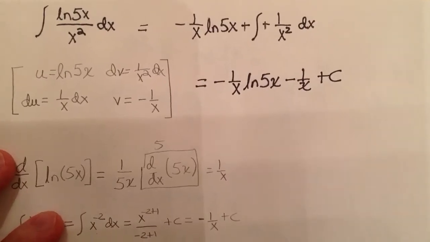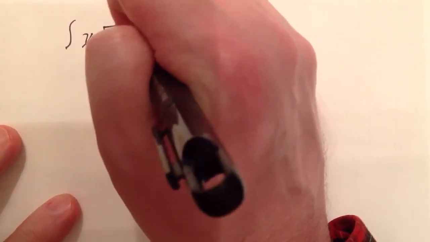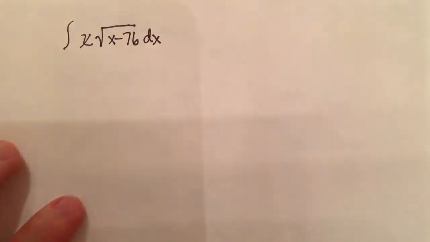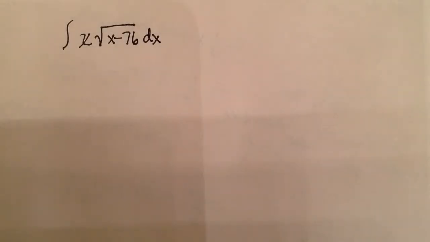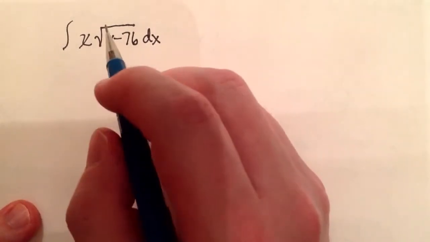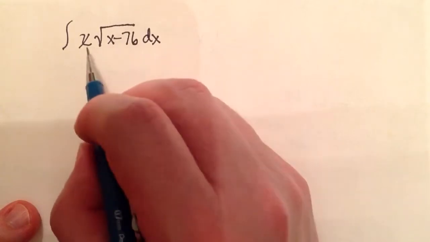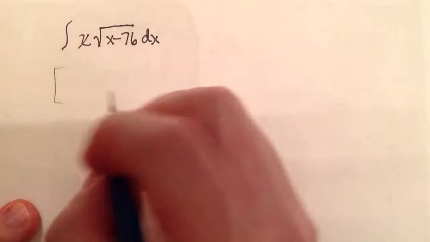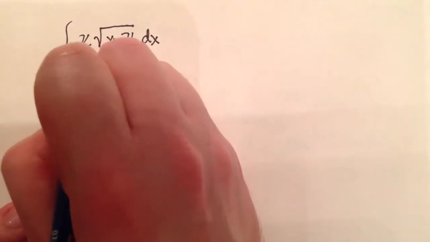In the case of the fifth problem, we're now looking at the integral of x times the square root of x minus 76 dx. And so we have another integration by parts problem. There's no square term inside the radical that can be used to cancel out x once we cross over to the derivative stage. So with this setup, we set u equal to x,